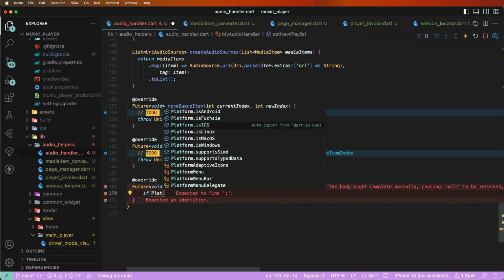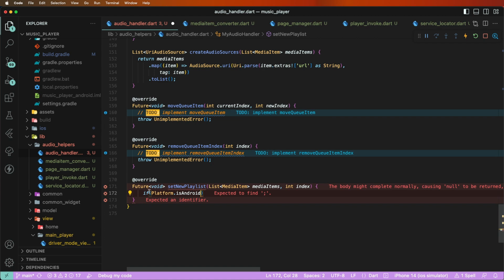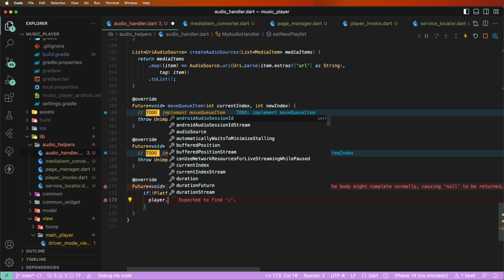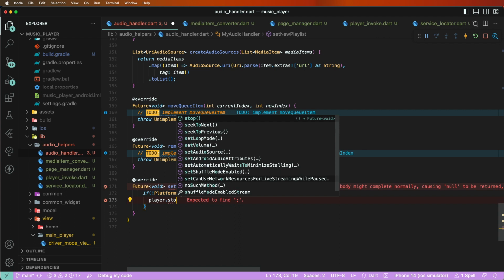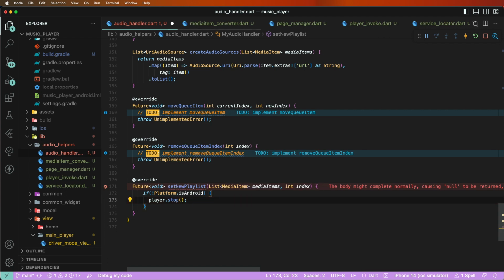is Android or not Android, and stop the audio player. First of all, we need to call the player dot stop method here, and write down the await,